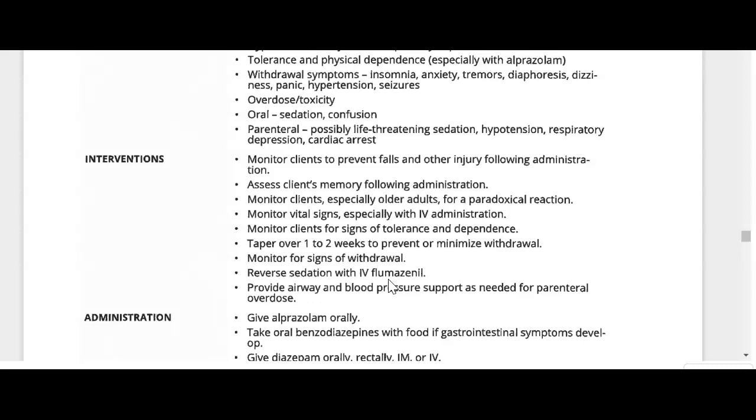So you may have asked yourself, okay, well, what do we do in those situations for a patient that's been on benzodiazepines long term and they've had a respiratory arrest or an overdose of that benzodiazepine? In those cases, we would just do supportive care. So we would establish an airway, monitor vital signs. If they're hypotensive, we may give them fluids or medications to increase their blood pressure. Things like that. So it would be supportive care.